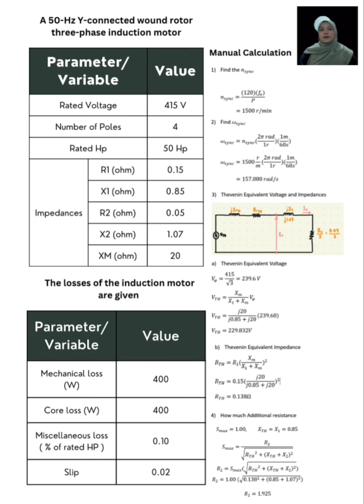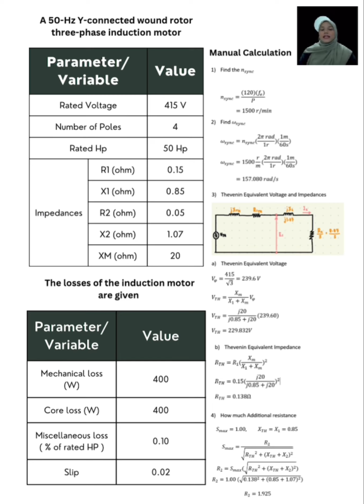Then we enter the value into the formula. The formula for VTH is J20 over J0.85 plus J20 times the value of V phase, which is 239.6, and therefore we get the value of VTH,